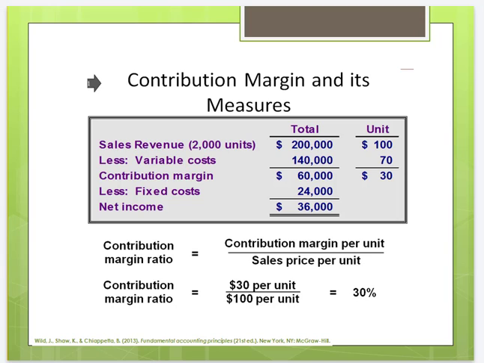So in order to compute our contribution margin ratio, we take that contribution margin per unit of $30 and we divide by our sales revenue per unit, which in this example is $100. And that tells us that our contribution margin ratio, which is the relationship between contribution margin and sales revenue per unit, is